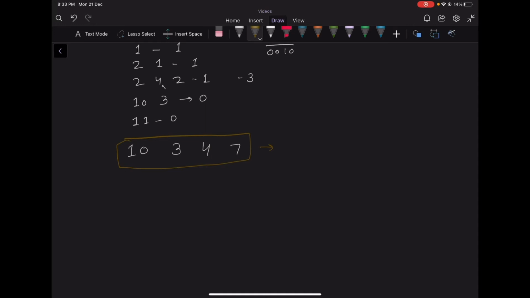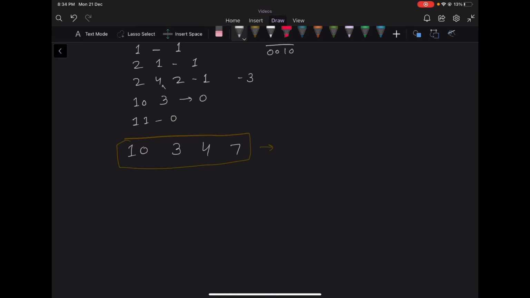Now one thing you can notice is if the bitwise AND is greater than 1, there will be at least one bit not equal to the lowest bit, because if the lowest bit is equal to 1, then the bitwise AND will be equal to 1, but we want it greater than 1. So there should be at least one bit which is set, other than the first bit. So what we can do is fix that bit and then find the operations required to set that bit at each index.